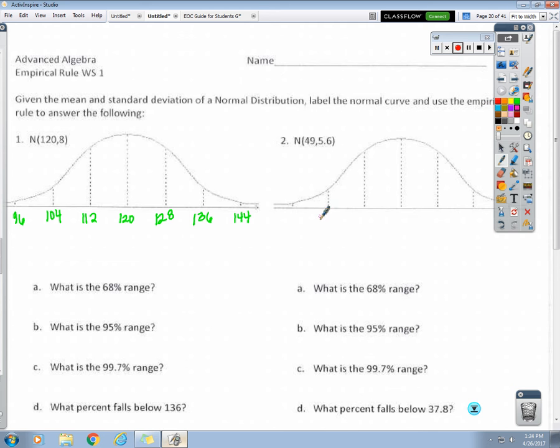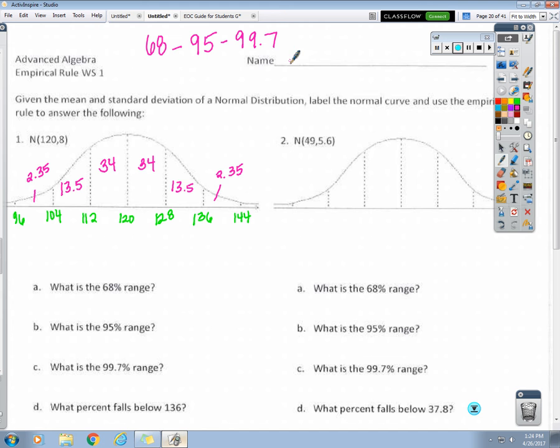You have to do the percentages. What percent are these two sections? 34, 34. And remember, they add up to 68. How much percent are the next two sections? 2.5. And then those four together add up to 95. And then what are the next two over? 2.35. And then those six sections total up to,